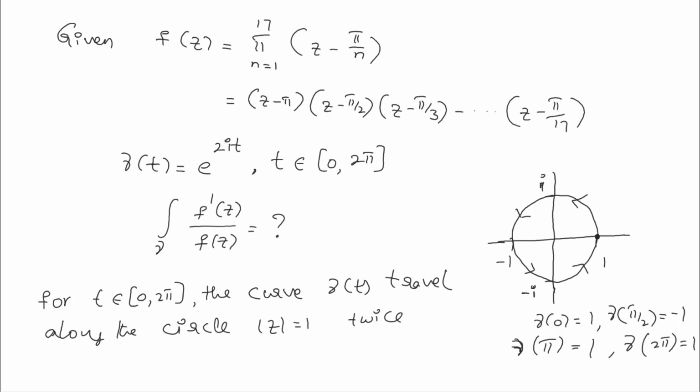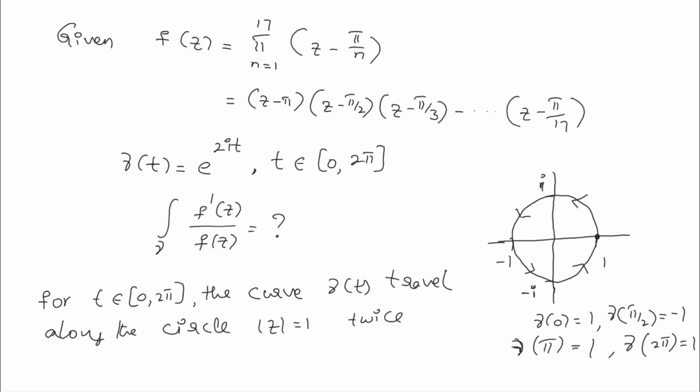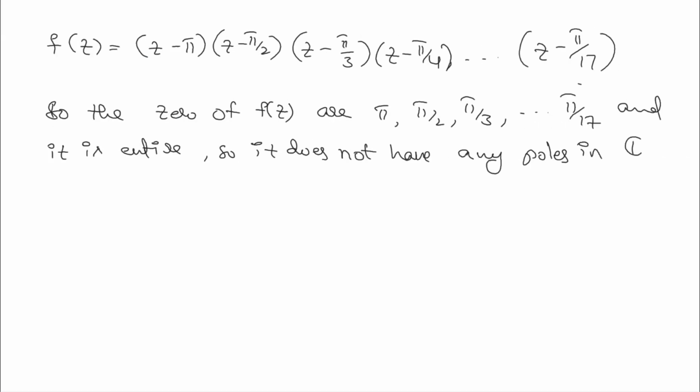Gamma is a curve of radius 1, since its absolute value is 1, that represents the radius of this circle gamma. So out of these points, pi, pi by 2, pi by 3 up to pi by 17, we have